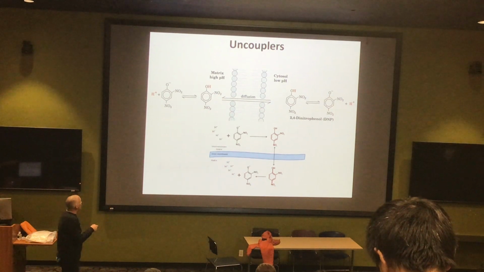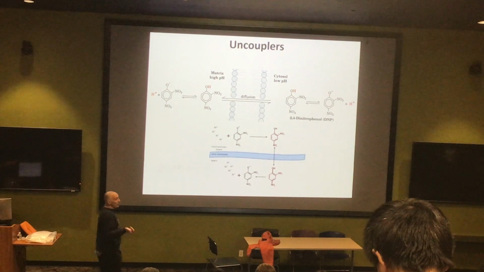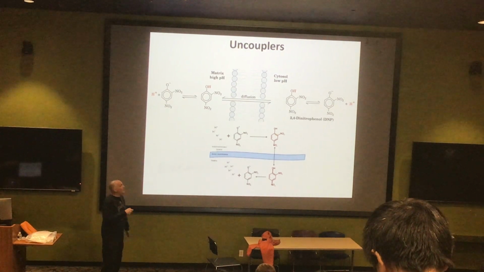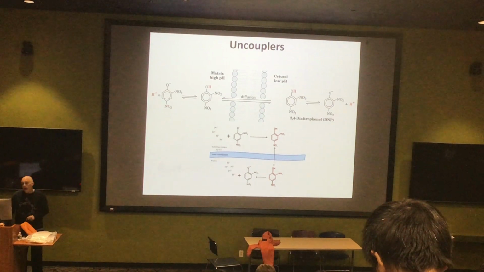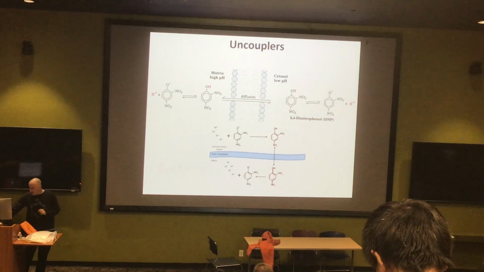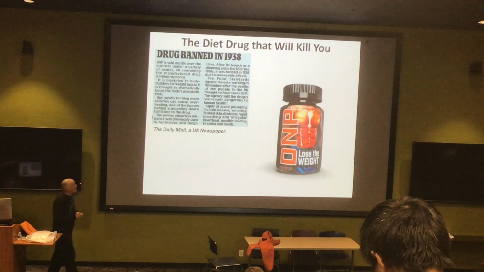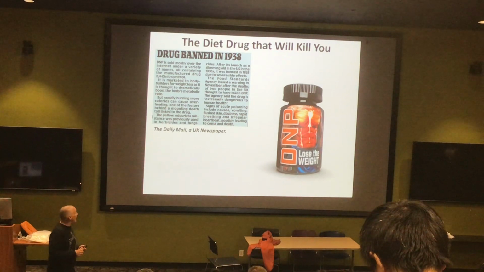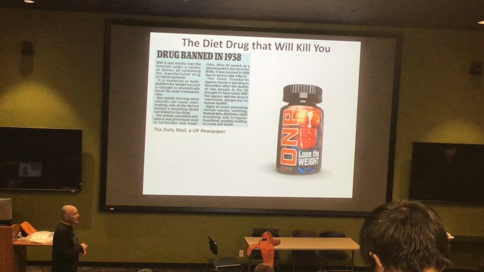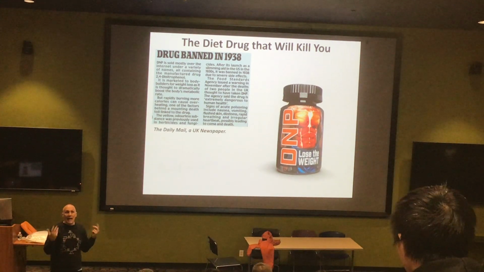Since there are fewer protons here, Le Chatelier's principle says that this proton will be dropped off. And if you treat mitochondrial membranes with these uncouplers, you actually lose the ability to produce ATP. And so that was really the evidence that the proton gradient was directly coupled to the synthesis of ATP. But of course, the origin of that is even cooler, because nobody was looking for a proton gradient in the first place. It turns out that this DNP, the 2,4-DNP, was discovered inadvertently, or this phenomenon was discovered accidentally, by